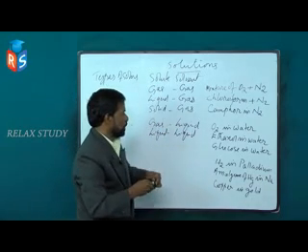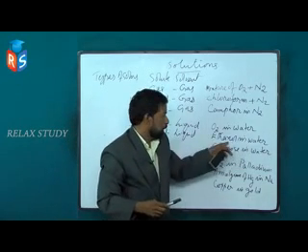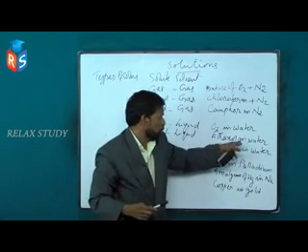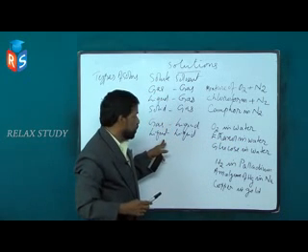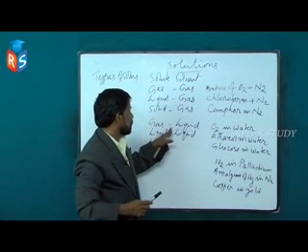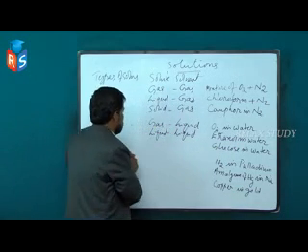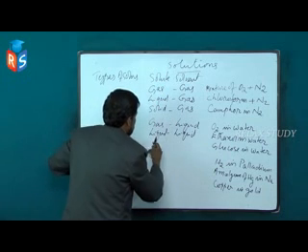Liquid in liquid. Ethanol is one liquid, water is another liquid. Ethanol and water are miscible in all proportions. So it constitutes an example of a liquid solute in a liquid solvent, that is, a liquid in liquid combination, that is ethanol in water. Then a solid